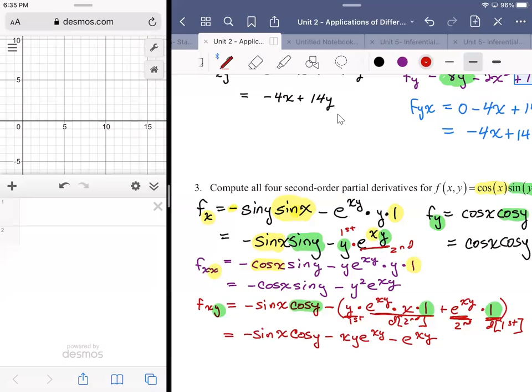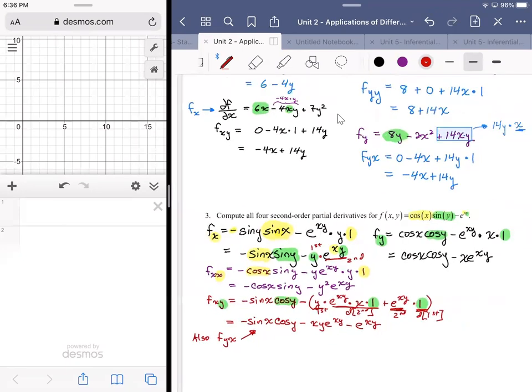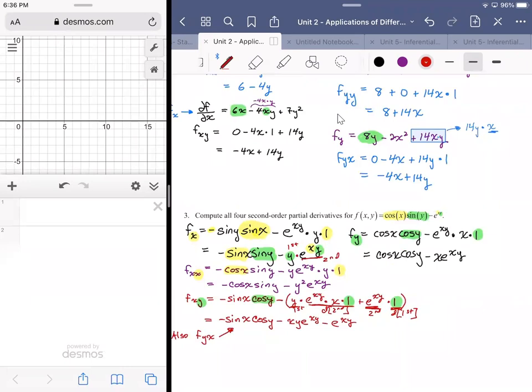Right. So we now have, well, it seems like we only have half the work needed to compute all 4 second order partials, but really we now know that this is going to be the same as f sub yx. All right. So this is also f sub yx. All right. So now we have 3/4 of the work done. So then the only thing that remains is computing f sub y,